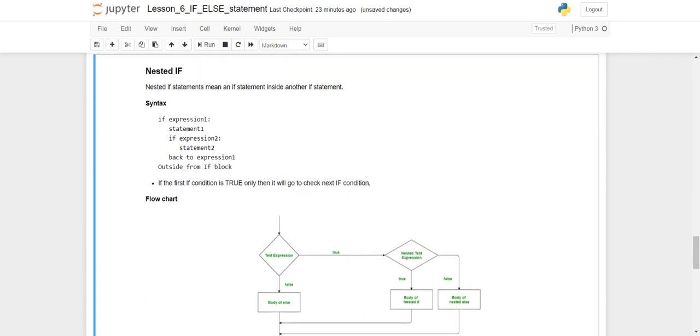So now here we come to nested if. What is nested if? What does nested mean here? A nested if statement means an if statement inside another if statement. For example, if you are checking whether you are 18 and you also want to check if you are from this commune or this district or this city, then first you will check